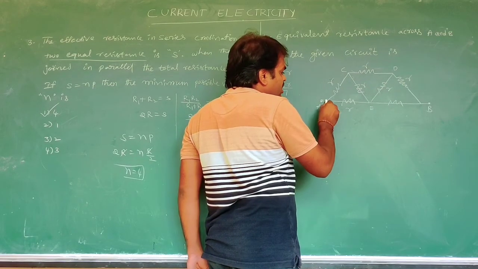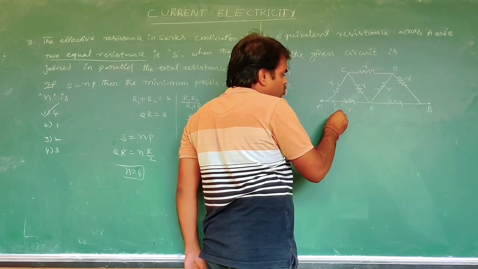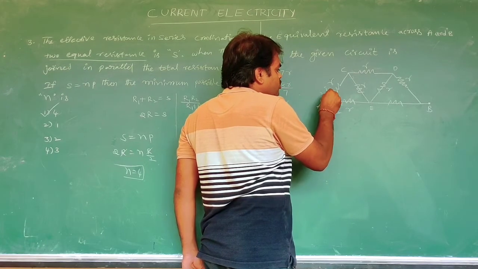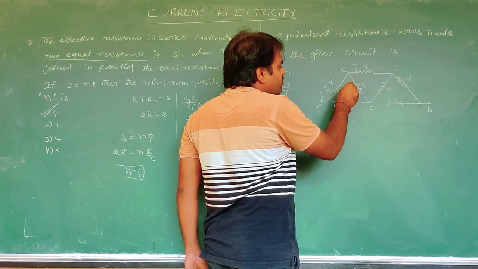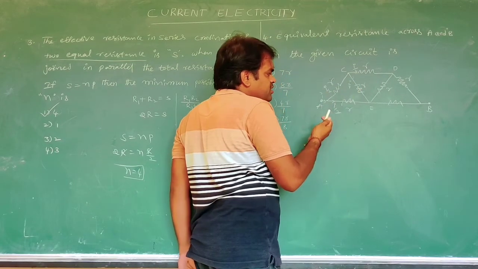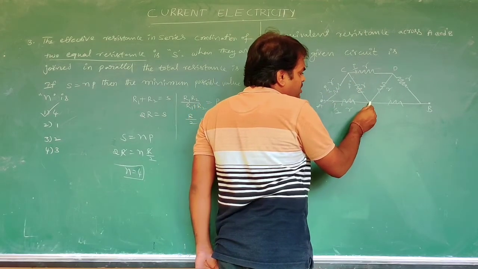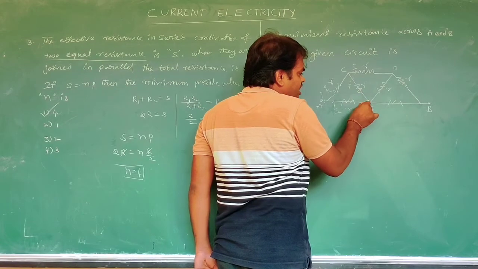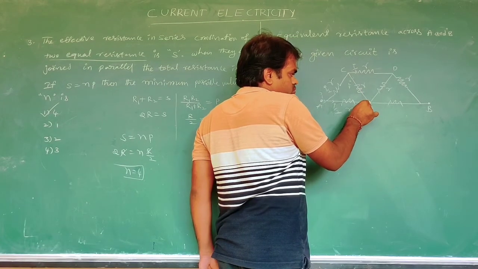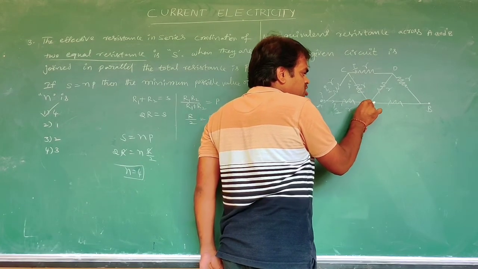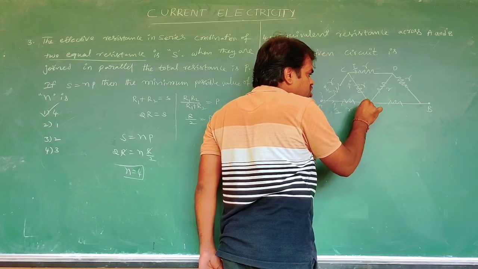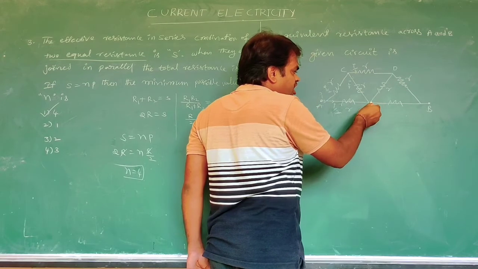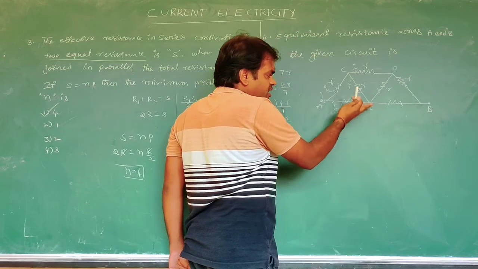The same means here current is I by 2. It is I by 2. Again it is I by 4. Again the current will be divided, I by 4. Equal resistance. But here current will pass, but this current will be more. That's why the current will pass through this line. This I by 4 current is not passing through it. That's why the connection will be dispatched.